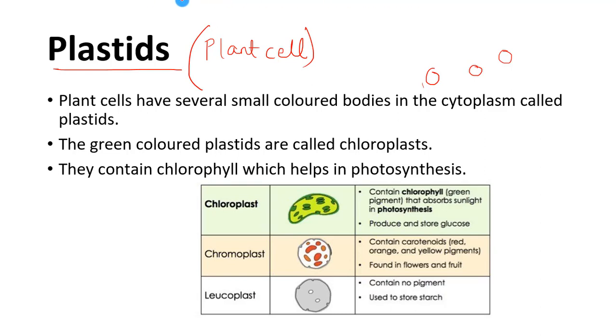Chloroplast, we all are very familiar with this word. It helps in the process of photosynthesis, which is very important for every plant to survive. So this contains a green color pigment, right? If we want to make the picture more attractive, we generally color it. In the same way, the flowers are attractive because they have a specific color, and this color is because of plastids. And this photosynthesis which is taking place in the cell is because of a green color pigment present in this plastid, and that green color pigment present in the plastid is said to be chlorophyll.